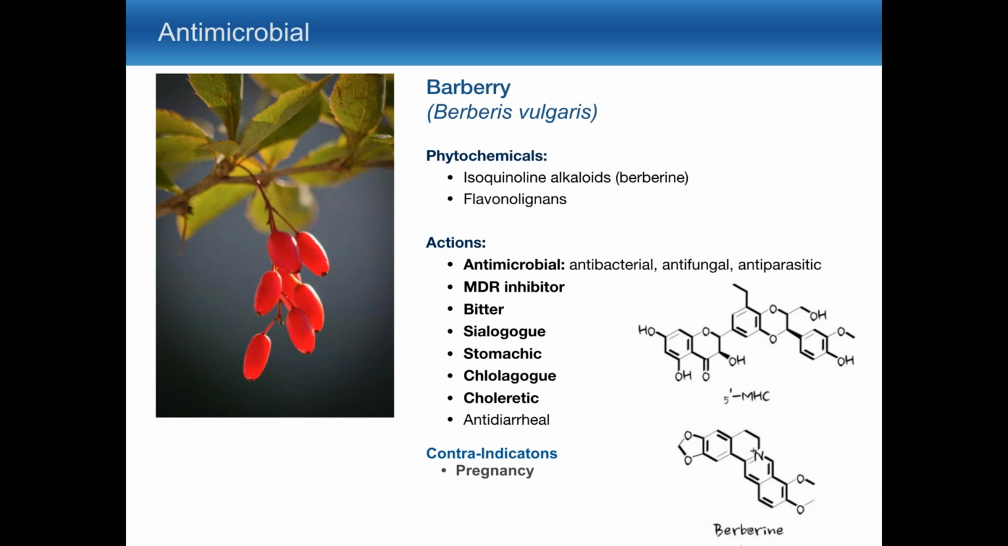Now, the main active ingredient in this is berberine and also that 5-MHC, that flavonolignin that has the antimicrobial or the multi-drug resistant pump inhibitor effects. Also, don't forget, flavonolignans are the main compounds in milk thistle that have the hepatoprotective effect. And although I didn't list that here, you could list this here, and you could deduce it just by knowing it has flavonolignans,